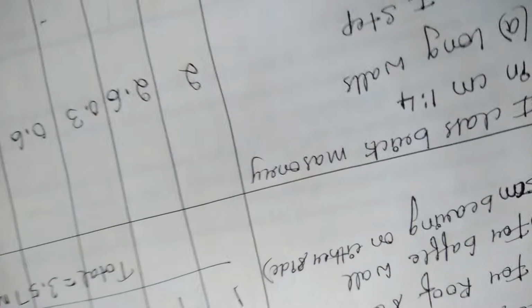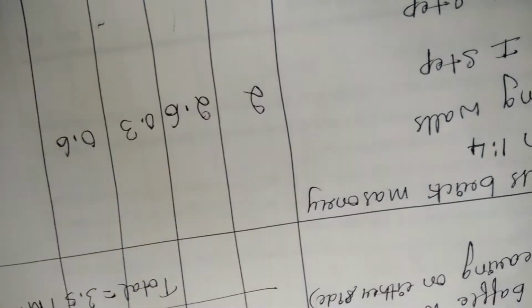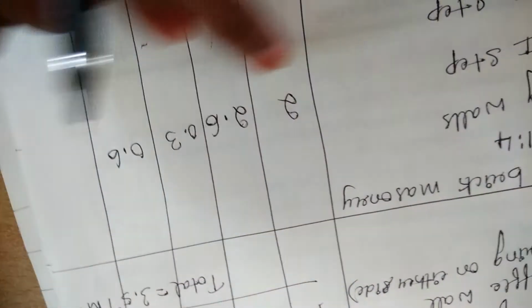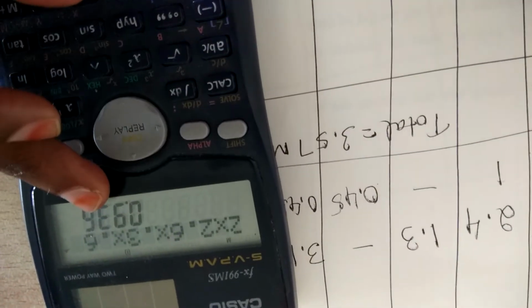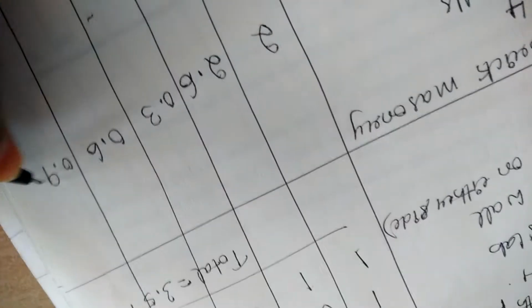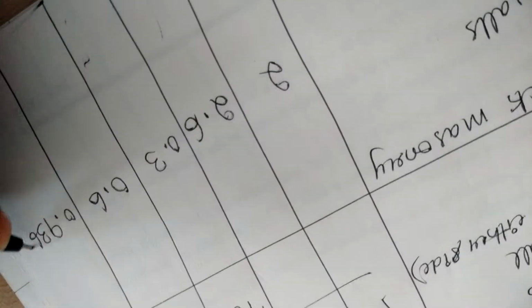Now you find out the final quantity. To find the final quantity, you need to multiply all the 4 values. So let us multiply: 2 into 2.6 into 0.3 into 0.6. On multiplying all the 4 values, you get 0.936. So you write the reading here, 0.936, which is expressed in terms of meter cube. Now that completes the first step.